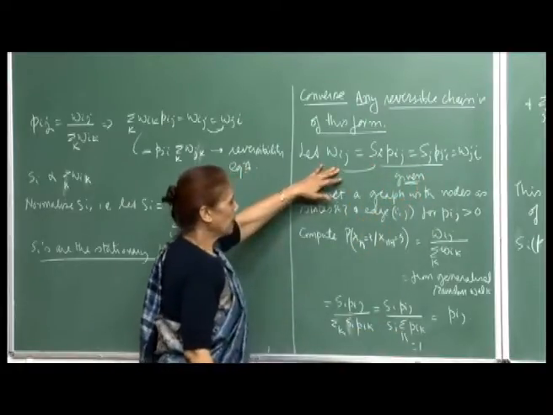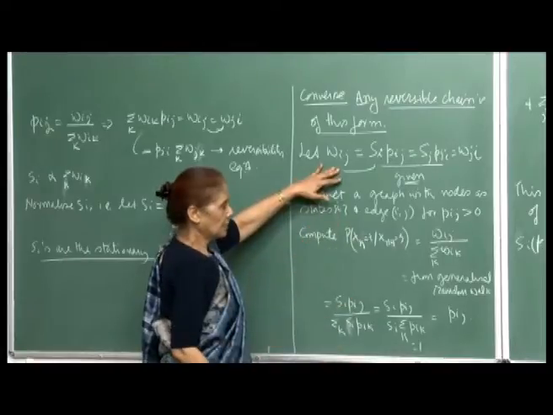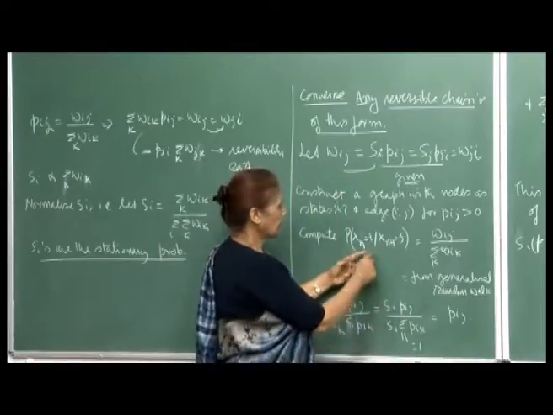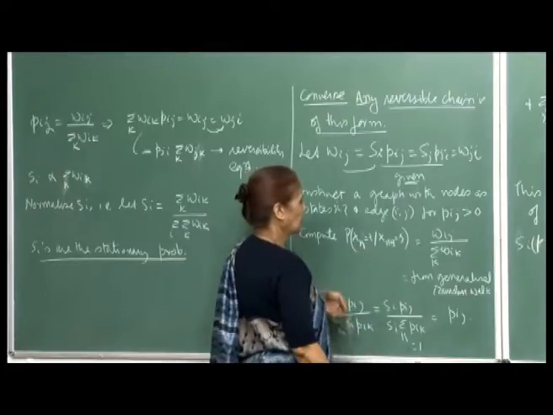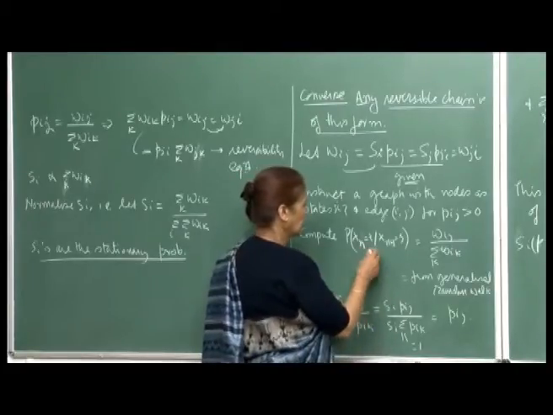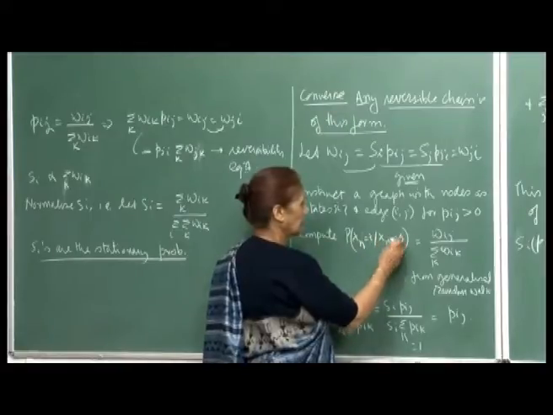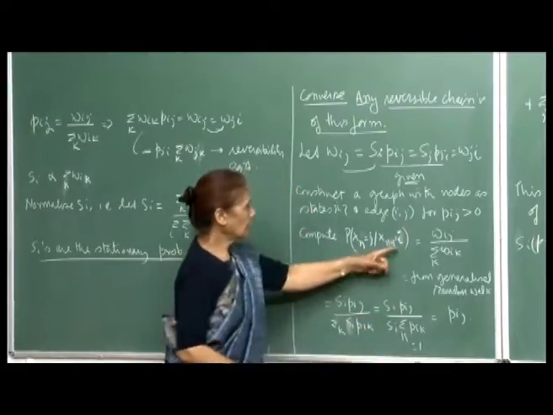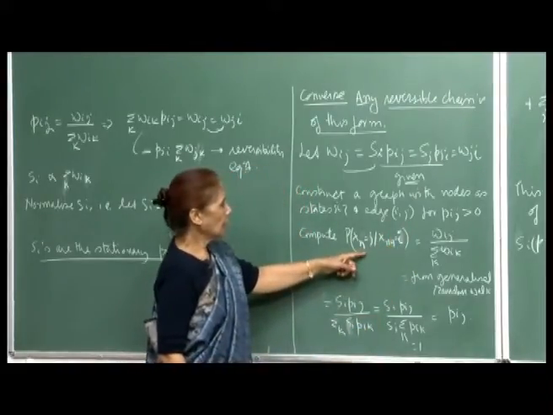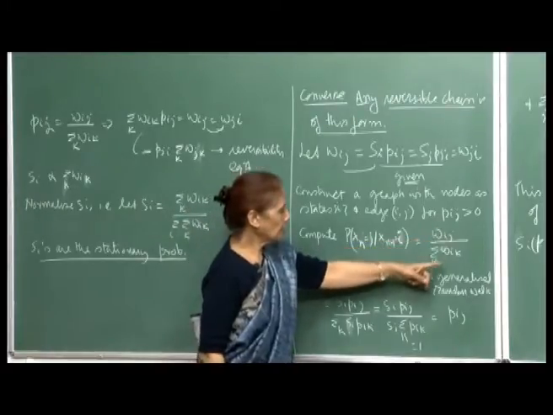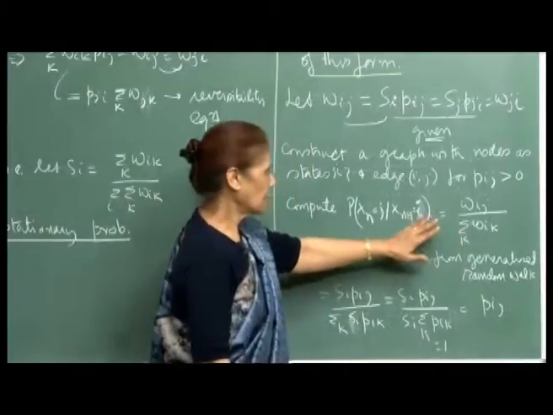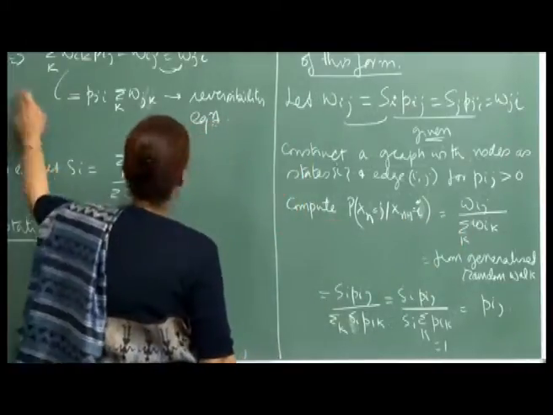Once you have the weights, our process of generalizing a random walk gives us the probability of transitioning. Oh, I am sorry, let me write this again: it should have been Wij, so this should be j and this should be i. From i to j you are transitioning, and so the probability would be Wij upon summation of Wik with respect to k. This is exactly the way we had defined it here.